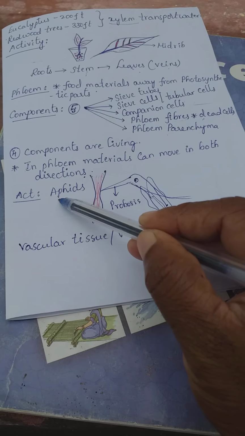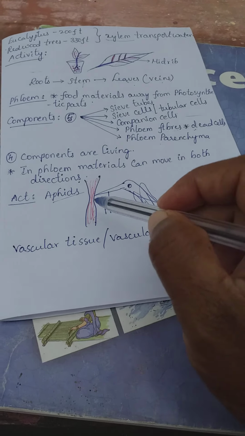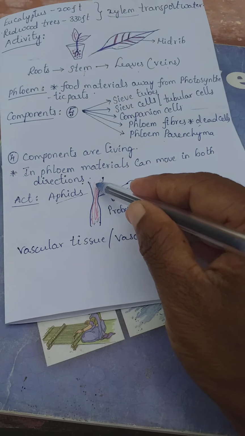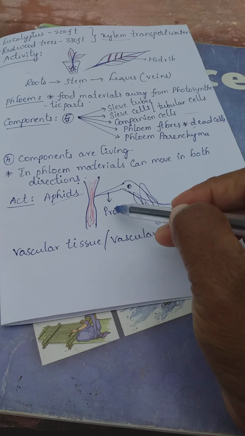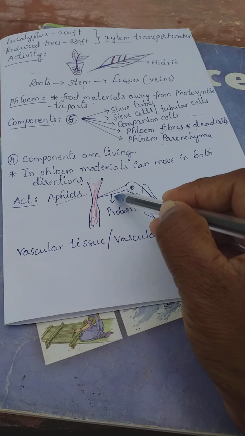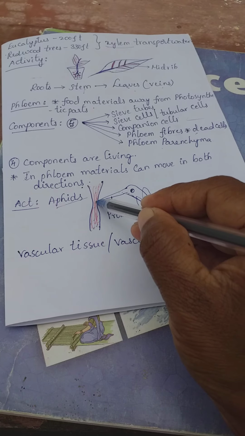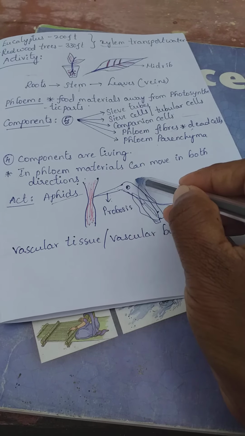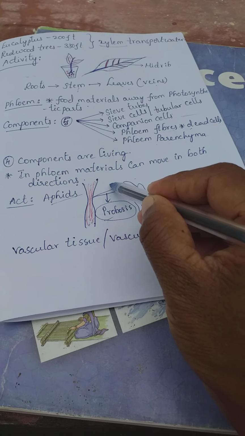The scientists conducted it with aphid insects. Aphids are small insects which feed on the plant juice. When an aphid is feeding or sucking the plant juice, they capture it and cut the proboscis. The proboscis is the long part in the aphid body, which is inserted into the stem of the plant or tree to suck the juices. So this proboscis is useful for sucking the plant juices.